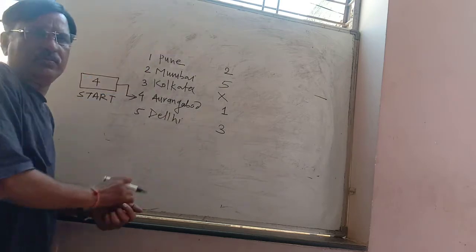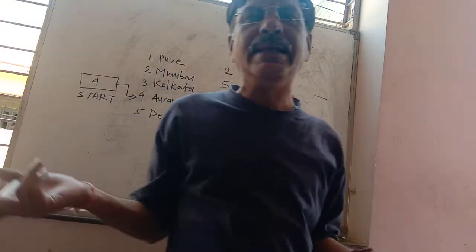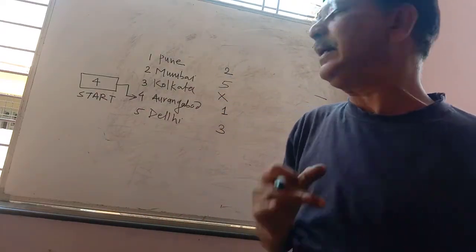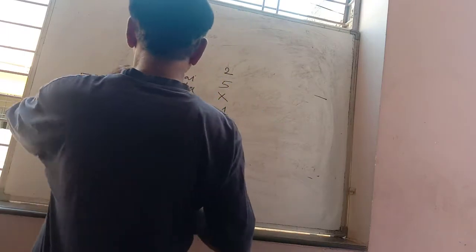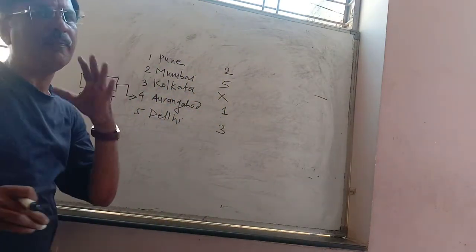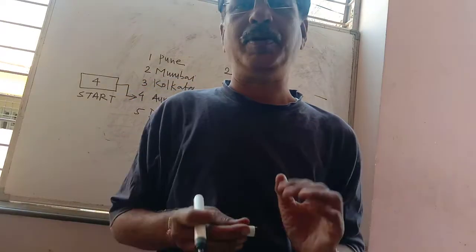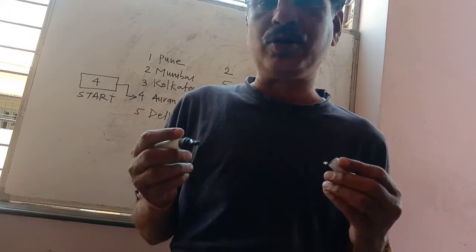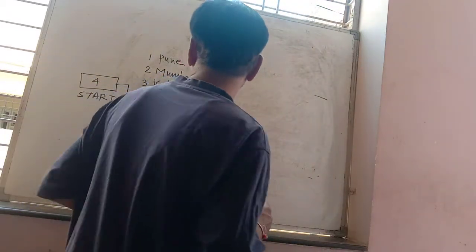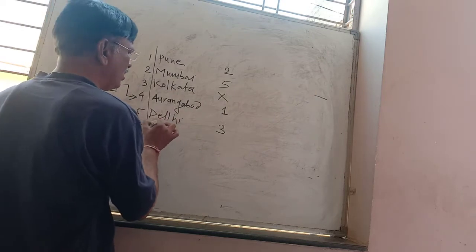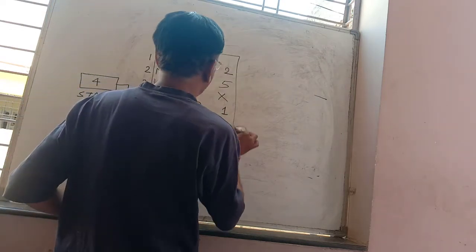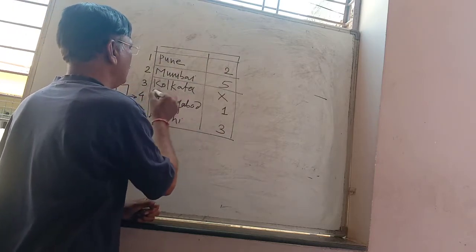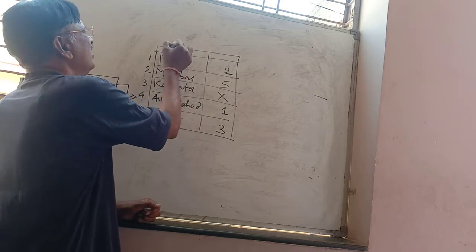Now look at this list. What is the difference between a linear list and a linked list? A linear list is a collection of only elements where every element is referenced respectively by an index set, whereas a linked list is a collection of nodes where each node is divided into 2 parts. These are called the nodes. Every node is divided into 2 parts. The first part is the information part. This is called the info part.